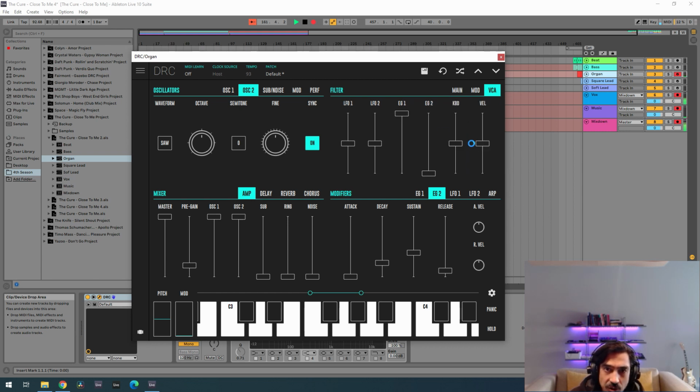Now we go to the VCA, which controls the volume, and we're going to raise the keyboard to maximum. This means the higher the note, the higher the volume. Okay, now for the first envelope generator, the one that modulates the amplitude, let's go 0.36 on the attack, 0.72 on the decay, maximum sustain, and release at 151. For the second envelope generator, the one modulating the filter, we go 0.066, 0, and 106. Okay, about there.